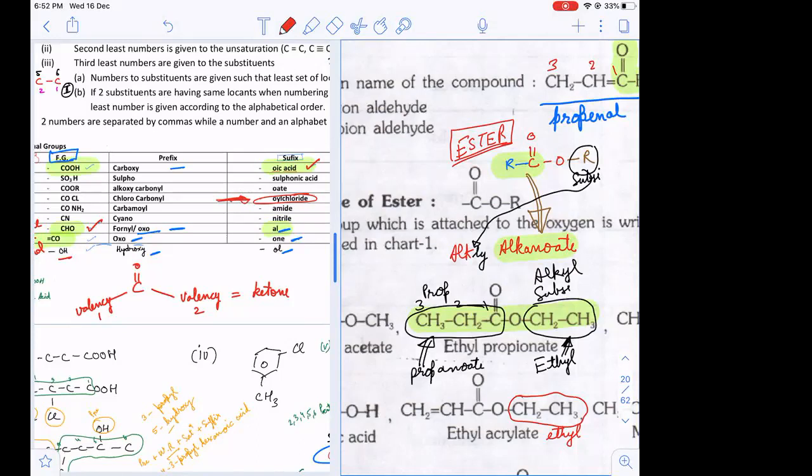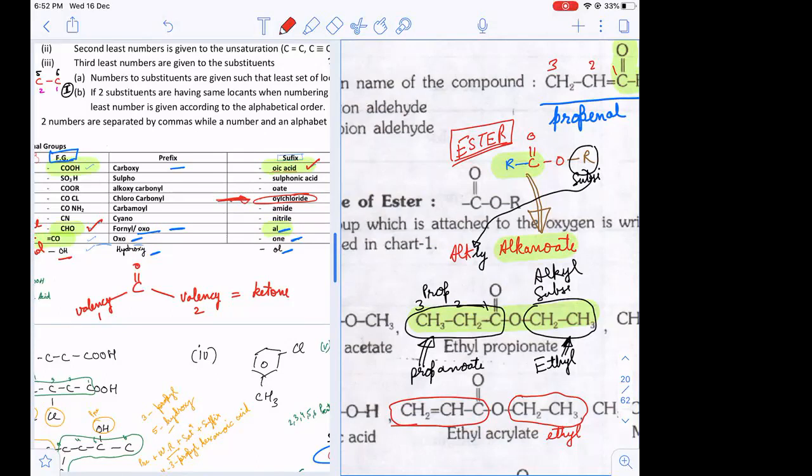So the example which we are dealing with, Niranjan told us correctly that the prefix would be ethyl. Now, after ethyl would come the parent chain. We have to see the parent chain. This is the parent chain, and the parent chain is of prop. Ethyl propate. Sir, but what is ethyl propate? Prop-8, I mean, where is the saturation part? Child, prop, and then 8 is the suffix. All right, I see that.